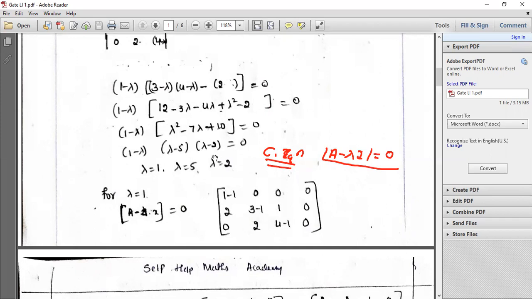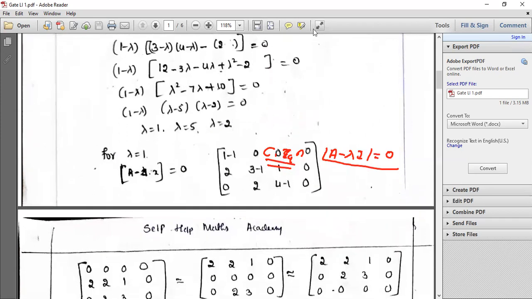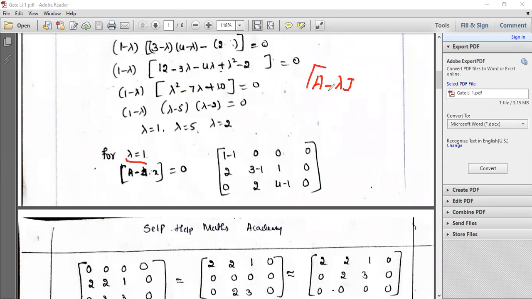So they ask us to find out at least one eigenvector corresponding to one eigenvalue. So for the time being, I'll just take one eigenvalue, lambda is equal to 1. Usually we know A minus lambda I of x is equal to 0. So this is the equation. So if you take the augmented matrix, it is nothing but A minus lambda I of x comma 0. This is just A minus lambda I comma 0 will be your augmented matrix.